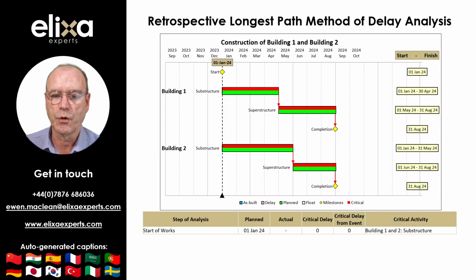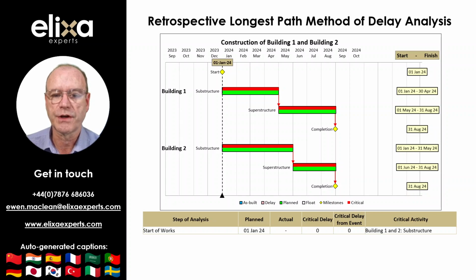I should highlight at this point that the as-built critical path is not the same as the actual critical path. The as-built critical path is determined at completion by tracing the longest continuous path back through the as-built program, whereas the actual critical path, perhaps more helpfully referred to as the contemporaneous critical path, determines the critical path at the time, recognizing that the critical path can and usually does change throughout a project. When the critical path is determined contemporaneously throughout the project duration, it represents a compilation of critical activities and is not a continuous sequence of work by itself.